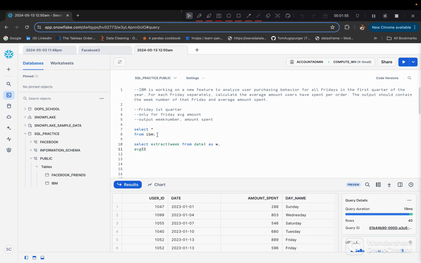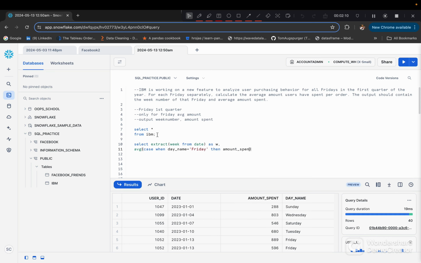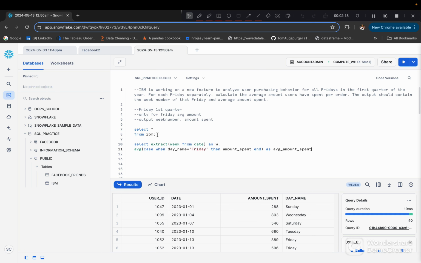Average of case when day_name is equal to Friday, then I want the amount_spent, and I will alias it as average amount spent from IBM,